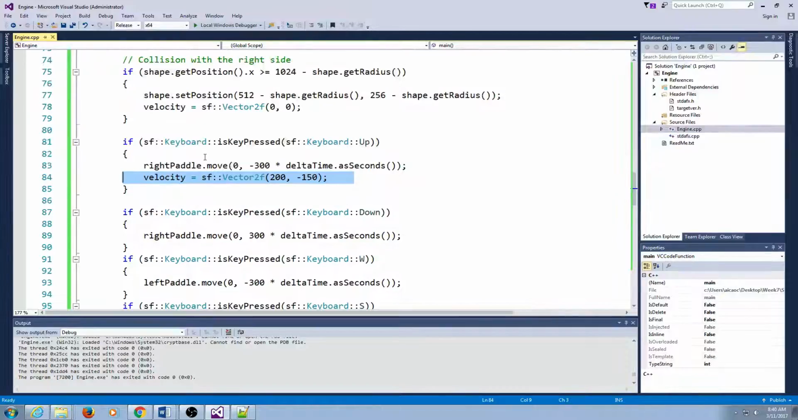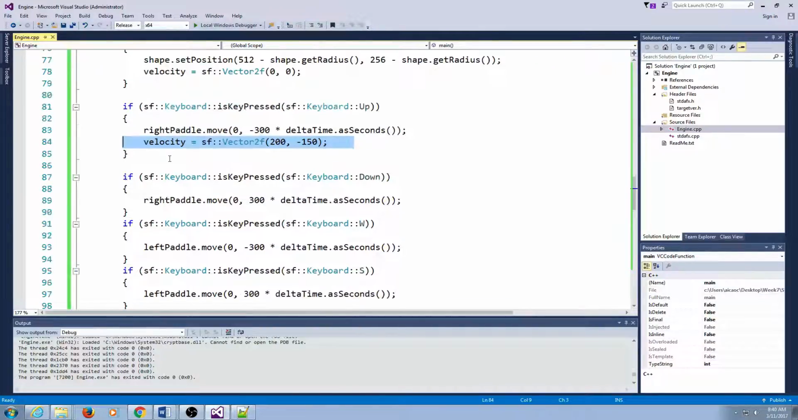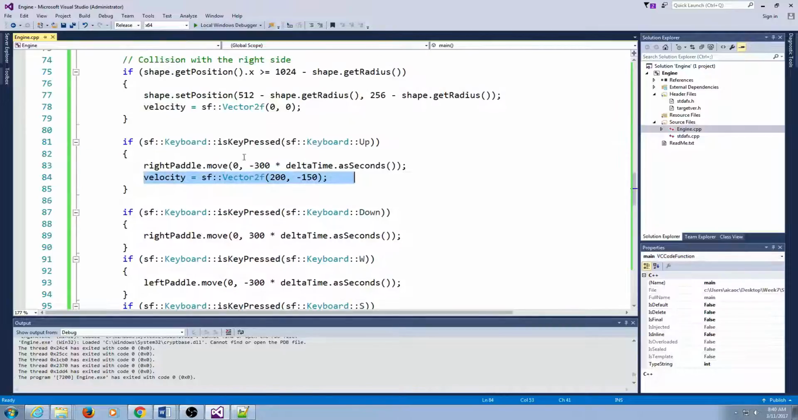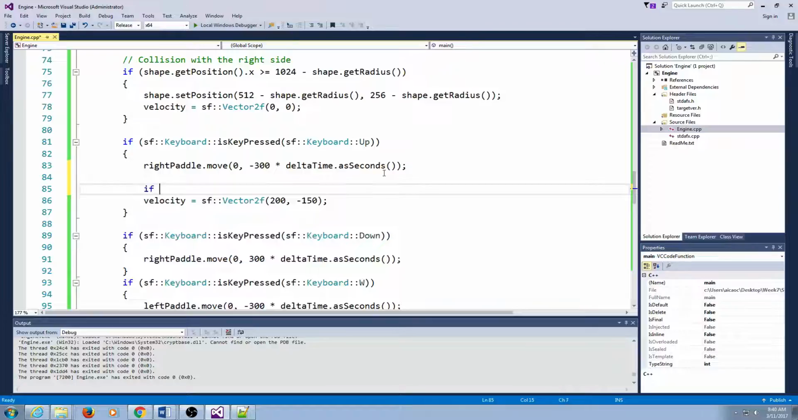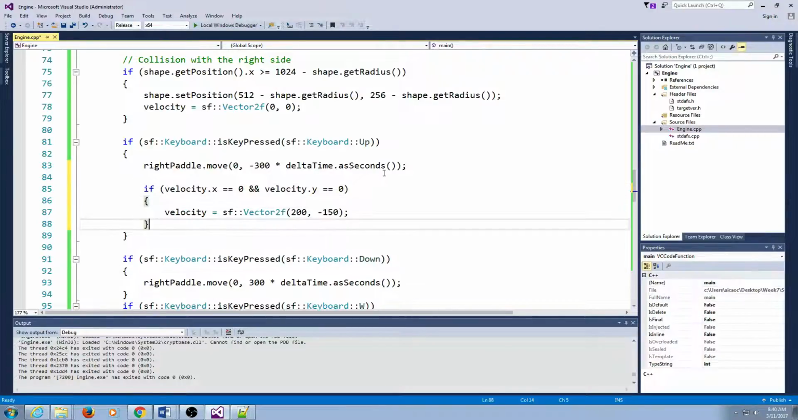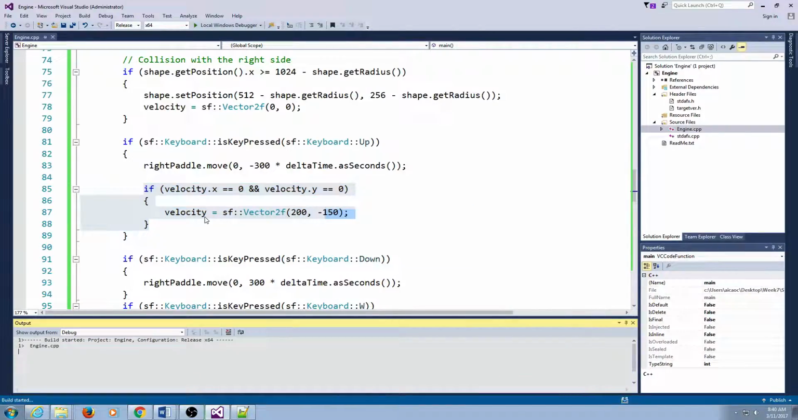So I'm going to show you the first naive way, and then I'm going to clean it up a little bit so that it's a little bit better architected. So this velocity here, I only really want to change it if the velocity is already equal to 0. So I can set up an if statement here that says if the velocity.x is equal to 0 and velocity.y is equal to 0, I can do this condition here. So I'm going to set up one of these for my up key,